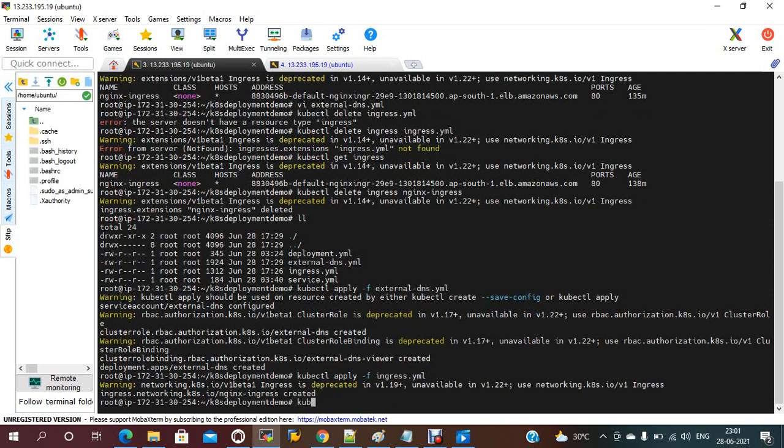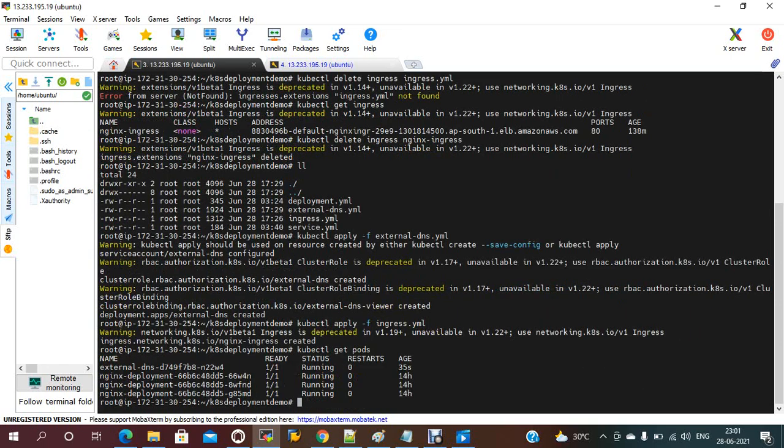Now this is created. Now give kubectl get pods. The external DNS pod is running successfully. Now if you give kubectl get ingress,